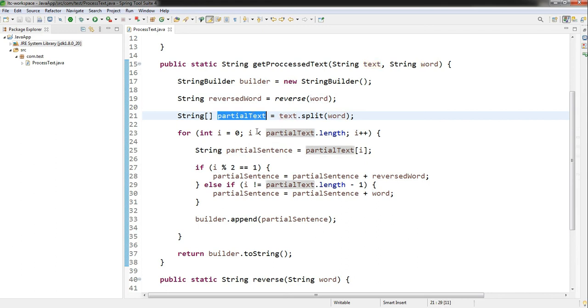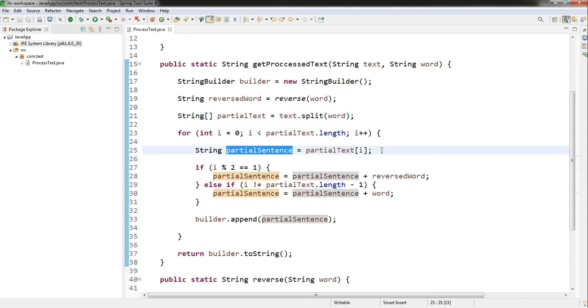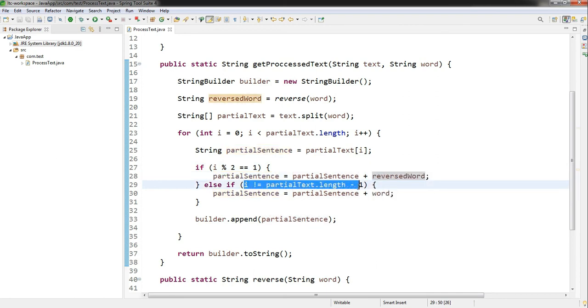Then I go over this partialText array, taking each array value. Then I check if it is a first occurrence or second occurrence. If it is the first, I append the normal value without reversing. If it is the second, I append the reversed word.